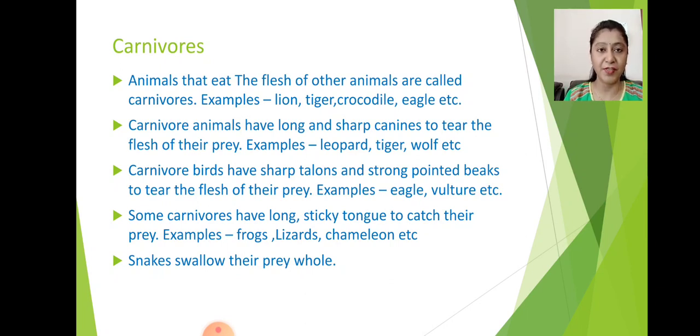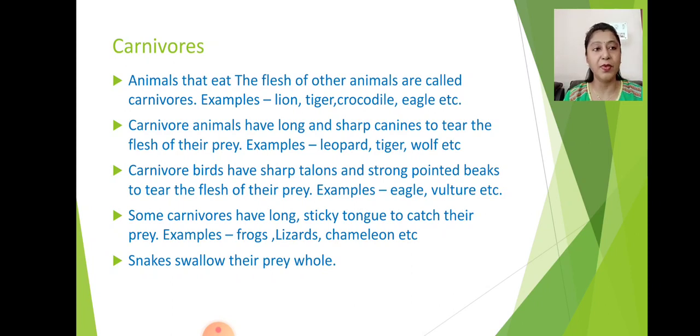The second characteristic feature of carnivores is that carnivore birds have sharp talons and strong pointed beaks to tear the flesh of their prey. Talons means the strong claws of the bird, the claws by which they hold the prey. Like eagles, vultures, kites,